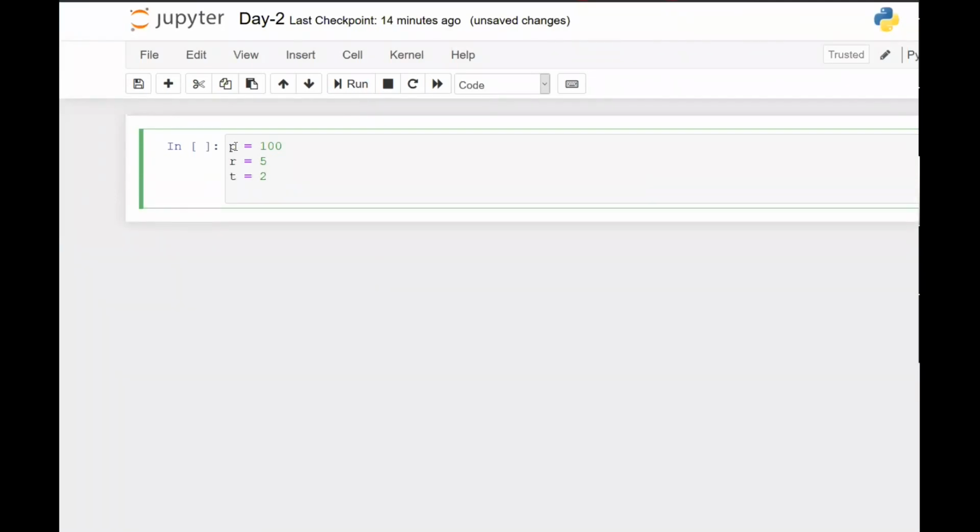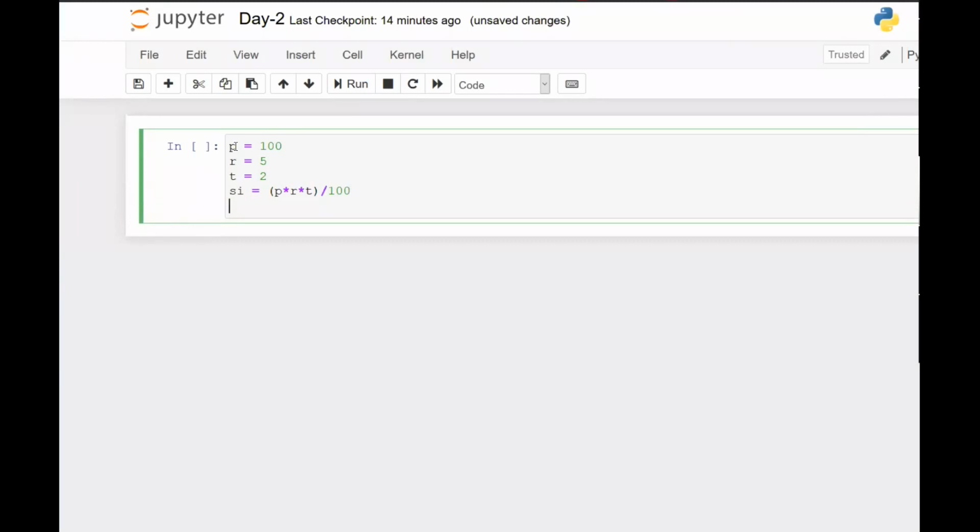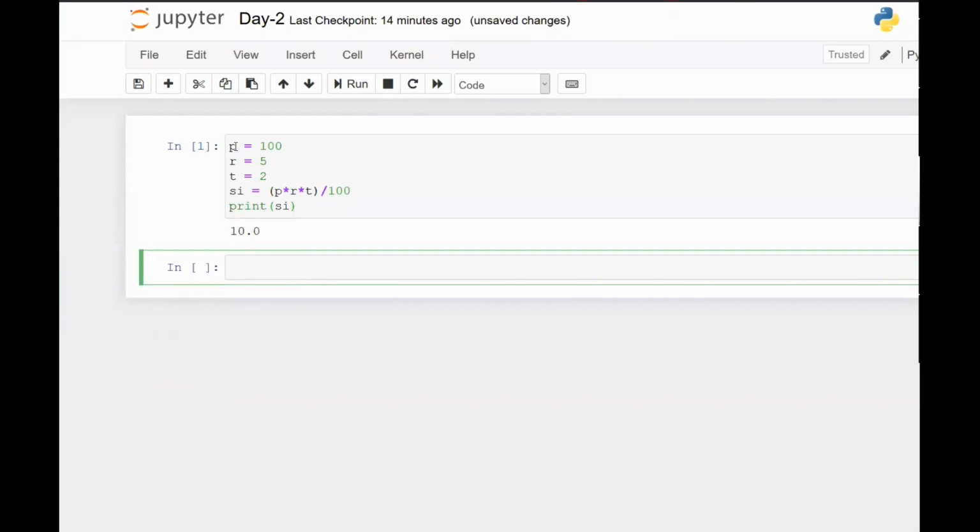And then I need to compute simple interest. So simple interest equals P multiplied by R multiplied by T, whole divided by 100, right? And then I need to print this value. So print SI. That's it. So the simple interest calculated is 10.